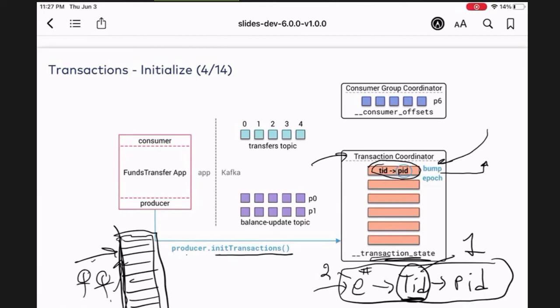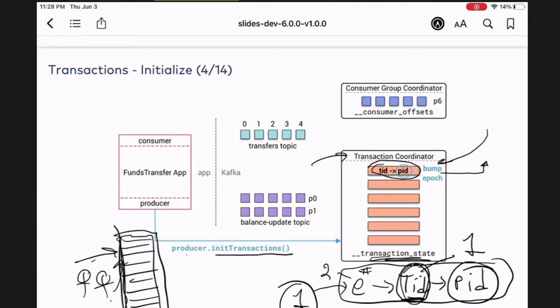If for whatever reason the producer is producing, they always have the current epoch, which will always be increased. And so if an older producer comes back with the previous number of 1, and says, hey, I have the same producer ID with this transactional ID, but my epoch is 1, it'll say, sorry, you're dead. You cannot come back and try to produce to this topic. You can look at more detail in the documentation, but for now, just know that if someone asks you how Kafka handles zombies, it's because of the epoch and the transactional ID, right? And so this is good.